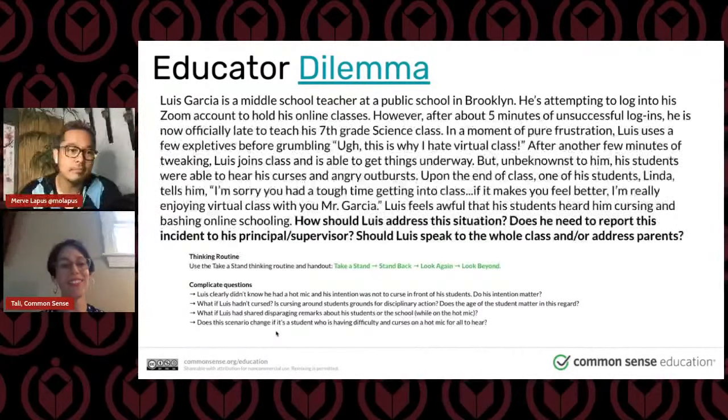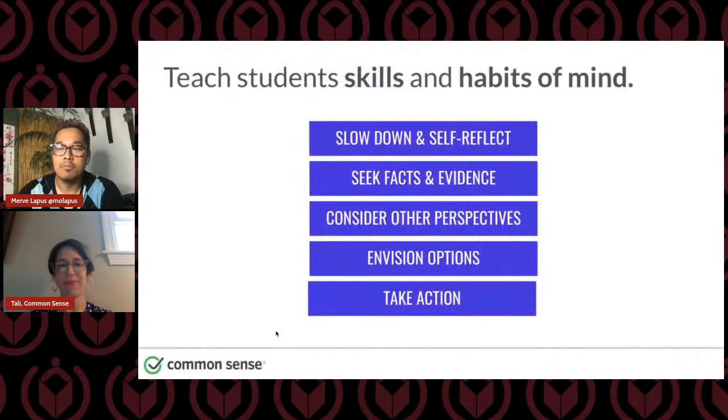So again, this is an example of something you could do with your colleagues or have these kinds of conversations. Depending on your class, you might even share these dilemmas with students too. But we wanted to give you an example of what this can look like in a variety of different contexts. For sure. So really quickly, again, as we go through these types of lessons, I think one of